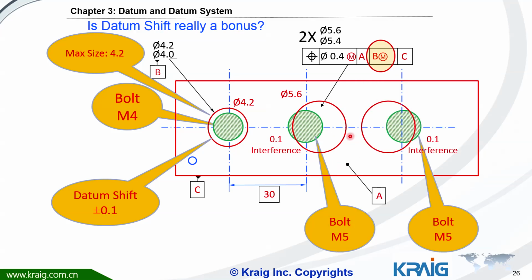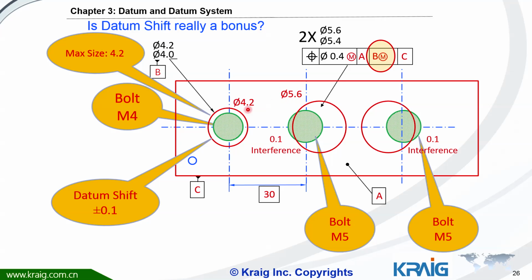But what about the tolerance feature? There are two holes, not one, there are two. Both of them should mount M5 and M5, and they should use the same datum B. You see here, 2 times. That means this one and this one have the same position requirement, and all reference to datum A, B, C, right? So let's imagine,